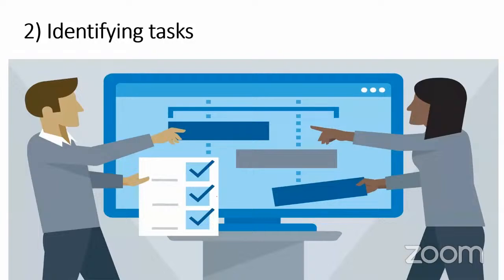So after I have made a clear plan, now I know what my application contains. The second step is to identify tasks. So someone might ask me, you have not made a team yet. So this is my approach. I usually don't start by making a team. I start by making a plan as a leader and by identifying the tasks that I'm going to be distributing